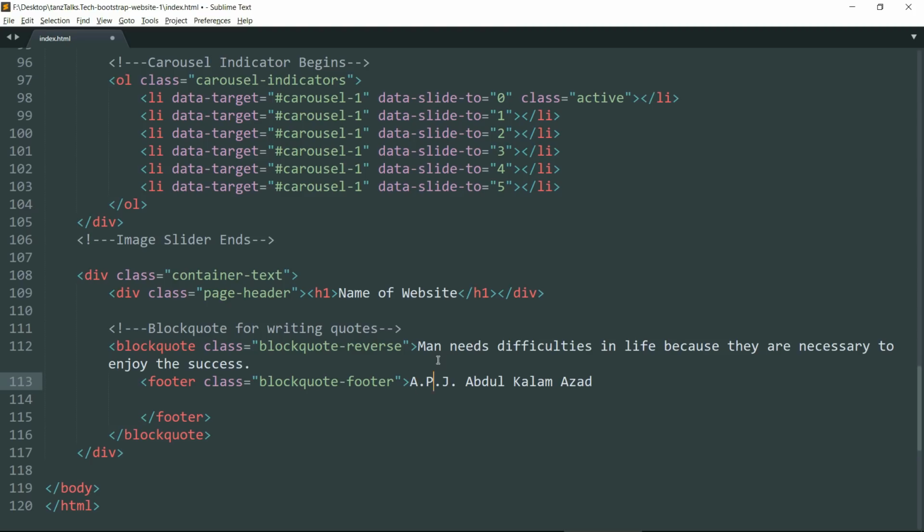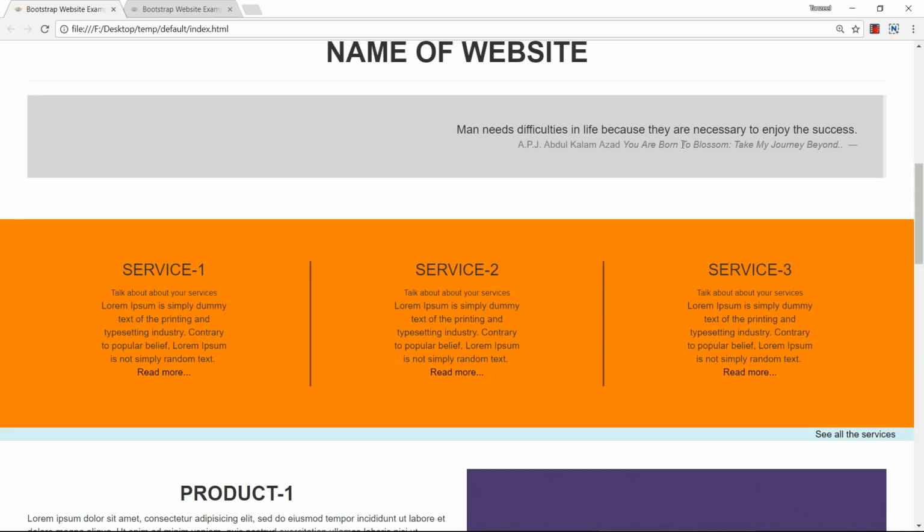Fine. You can also give the citation of the quote by adding a cite tag and writing the title of the book, like this, cite tag. Let's give it a title. Let me open the website. Just copy from here.